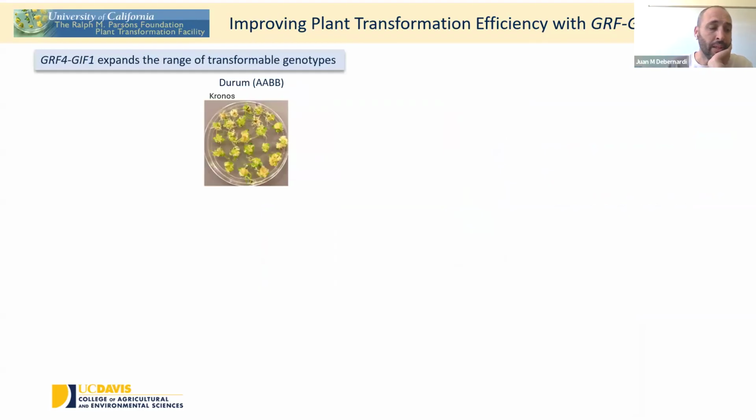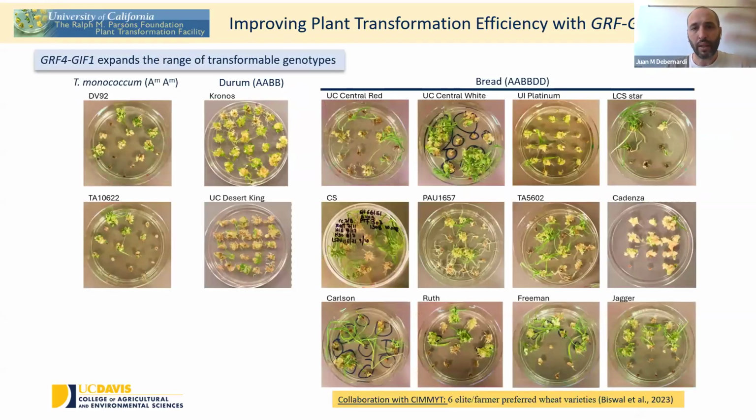Something very important for us and for the wheat community about GRF-GIF was that it allowed us to expand the genotypes that we can transform. And here I will show examples of the work that we are doing in the transformation facility. Initially, we started working with Kronos because that was our only wheat transformation service. But now we are transforming wheat lines from many different breeding programs in the US, including UC Davis, Idaho,